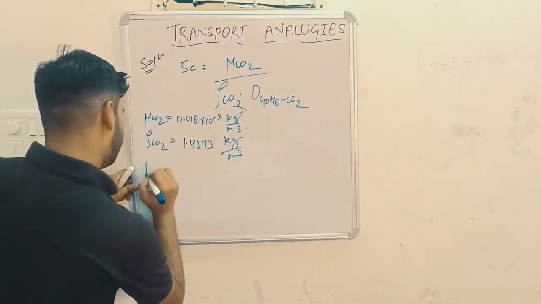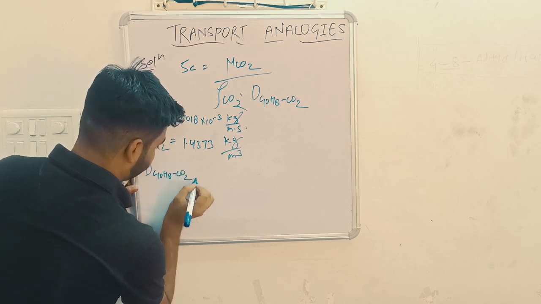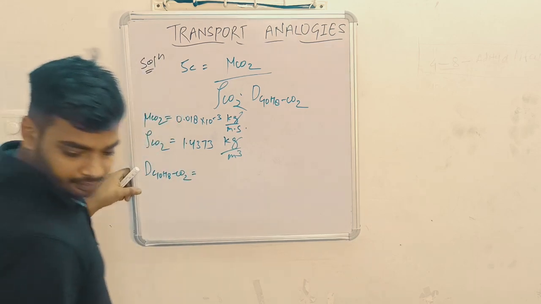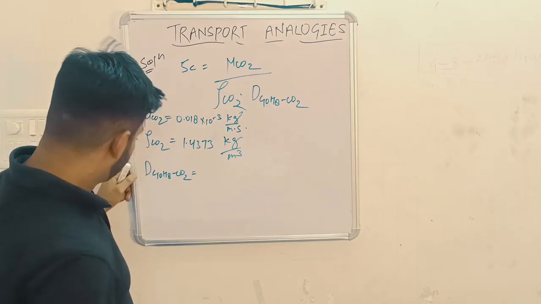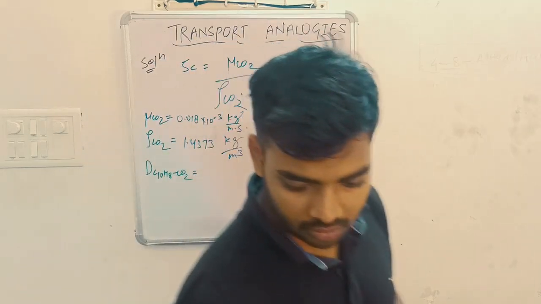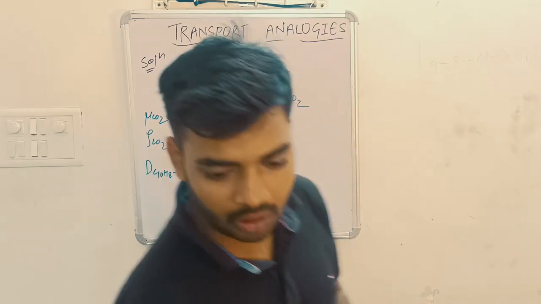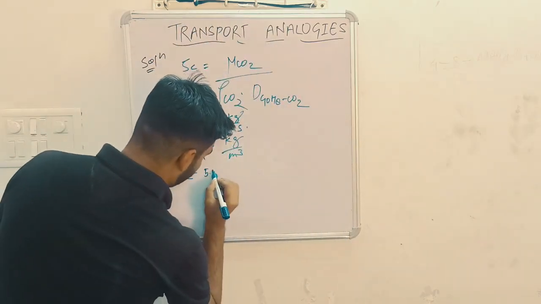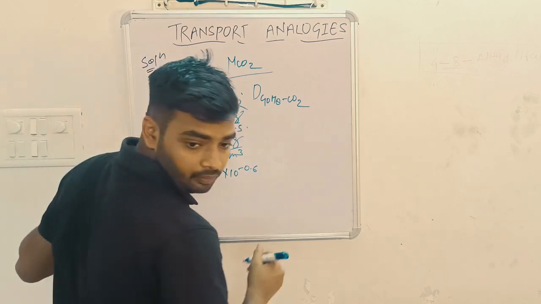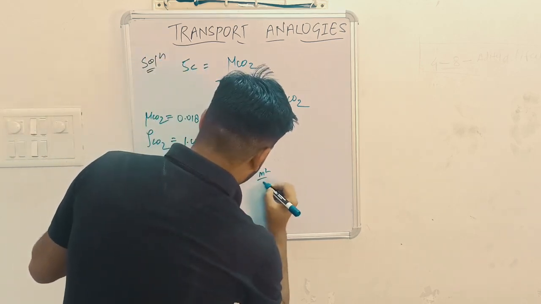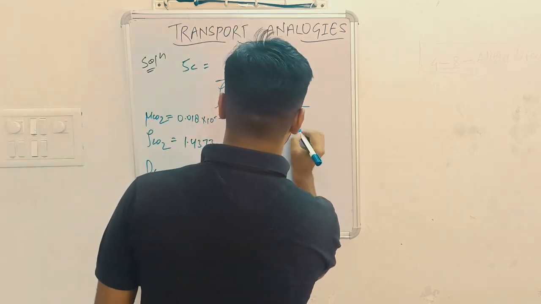Also, we have diffusivity of naphthalene to CO2, which is given from the question. Diffusivity is 5.15 into 10 power minus 0.6 meter square per second. Substituting all these values into this equation, we will get Schmidt number as